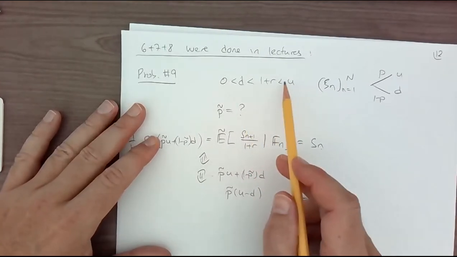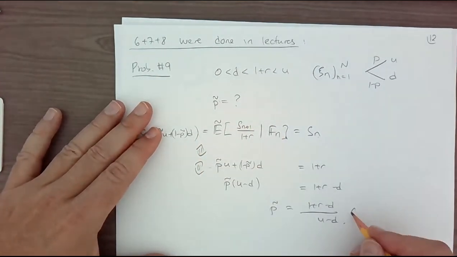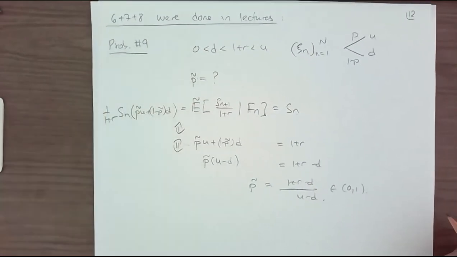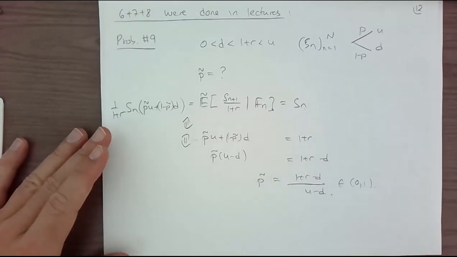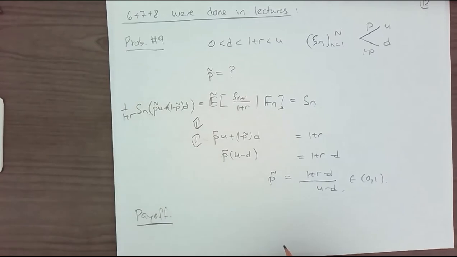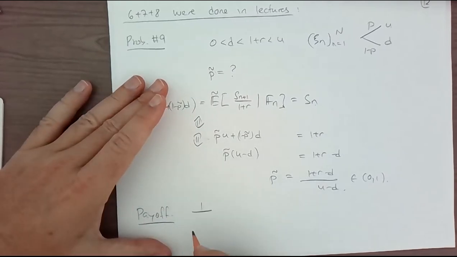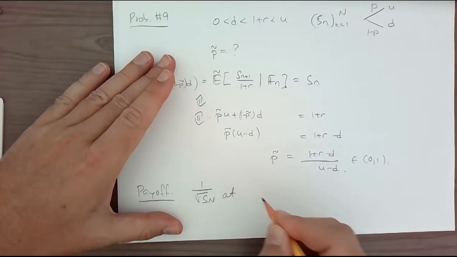And because of this restriction you have up here, you're going to get the P tilde, and this is a number between 0 and 1. So that's my P tilde. Okay. Then we have a derivative, so we have a payoff. We're going to price a payoff. The payoff looks a bit funny. This is like 1 over square root of Sn. This is the payoff at time